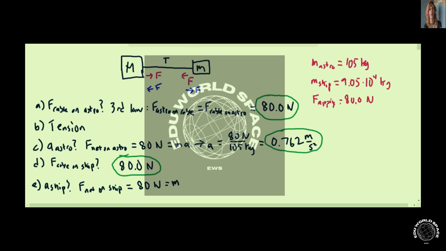So the acceleration of our ship is going to be 80 newtons divided by its mass, 9.05 times 10 to the fourth kilograms. And we will get a small acceleration, 8.84 times 10 to the minus fourth meters per second squared, which, as we expect, the